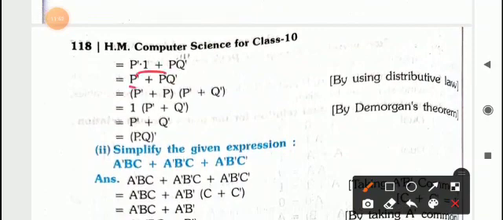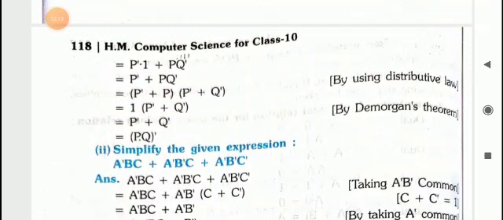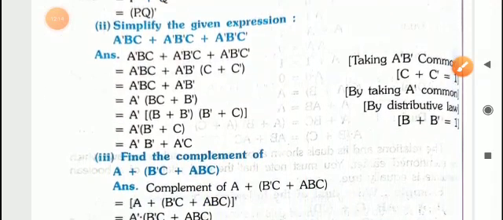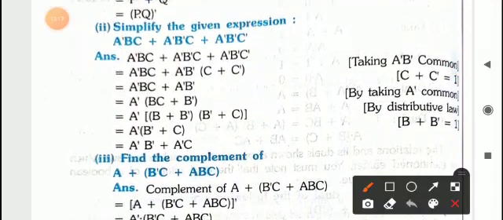Then you have to multiply these together, put it in brackets, P complement P, and then into P complement plus Q complement. So P complement plus P again can be written as 1, and Q complement. By De Morgan's theorem we can further simplify it by using P dot Q whole complement. So this way you can solve the expression. In the same way you can see here how it is being taken by applying various laws, and we can simplify it further.